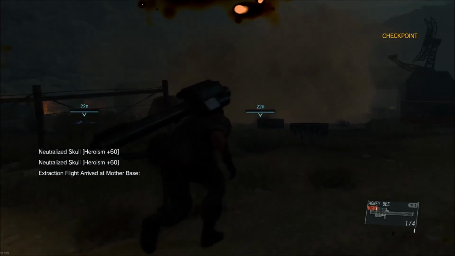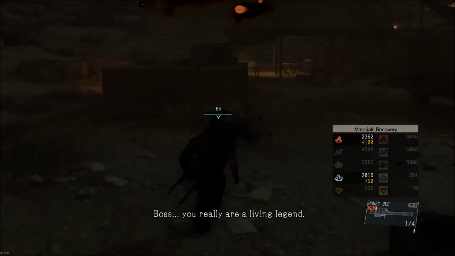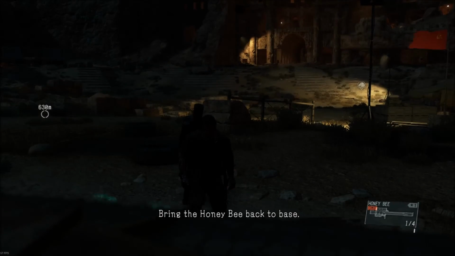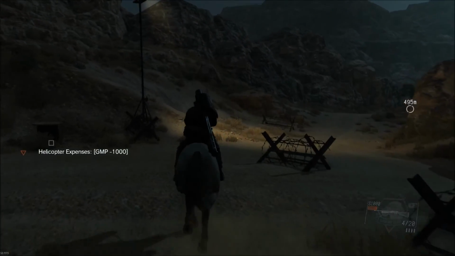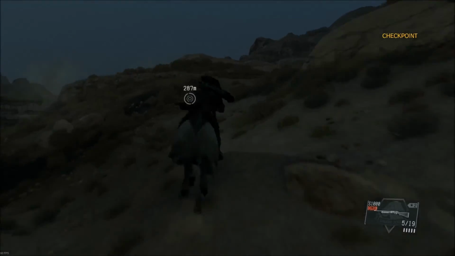I would like to note that, damn, that thing has... They'll call the chopper to get out of there. Bring the honeybee back to base. Interesting, looks like I can't extract them yet. But yeah, the honeybee has some good radius on it. This is cleared. It looks like they're gone. And bring the target back. Again, I guess I'm too used to other video games where rocket launchers have a shitty blast radius